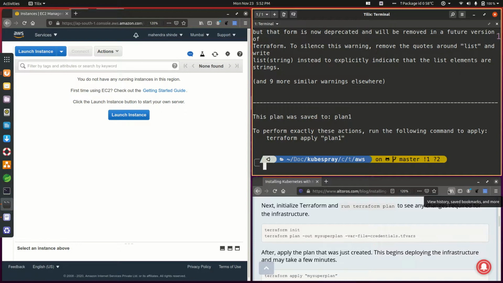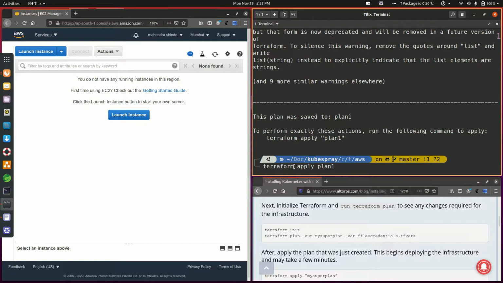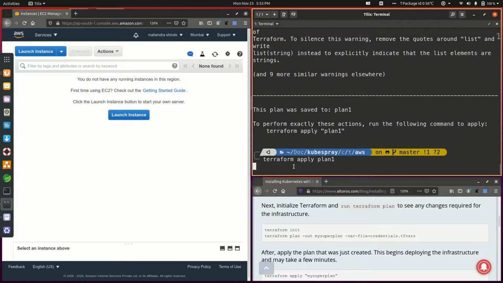You can see my plan is created with the name plan1, and I can now begin applying this plan using this very simple command. So let's copy this command and paste it here. Looks like copy paste isn't working here anymore. May have to type it manually, but that's okay. terraform apply plan1, and now the actual task begins.